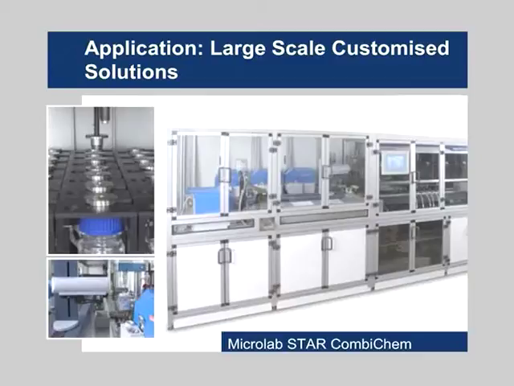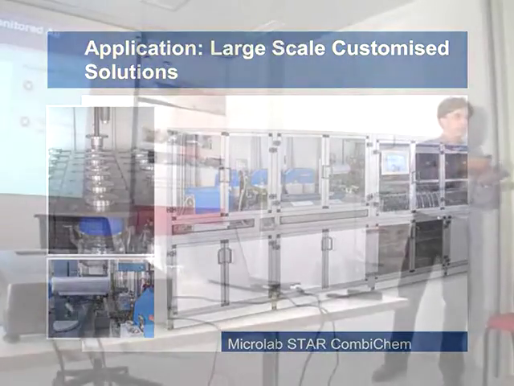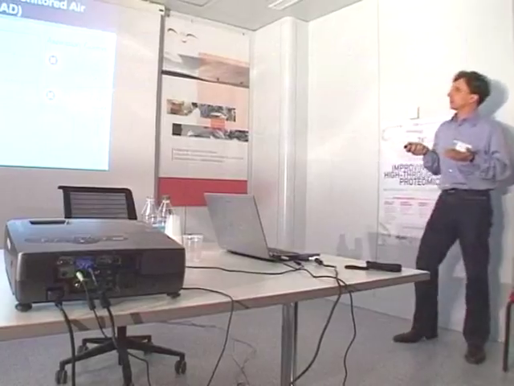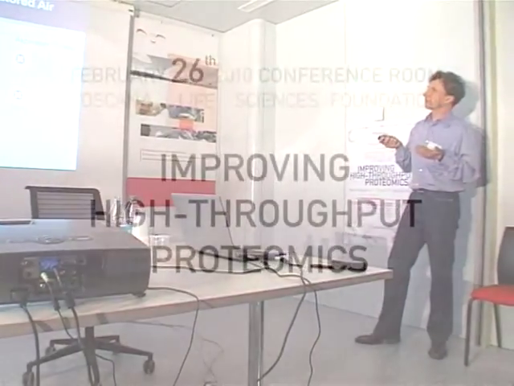This is the monitored air displacement, the MAP, what I already said. In this way, we are always monitoring the pressure during the aspiration and dispensing, and we have in this way always the option to realize that something was going wrong or something is going wrong during the pipetting step. So the aspiration is okay, means